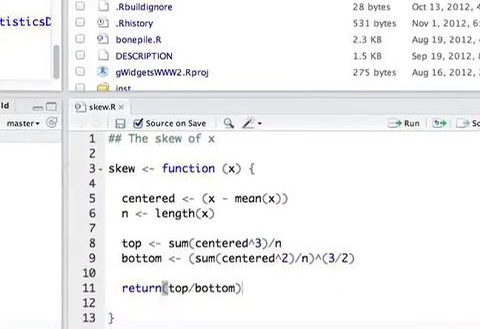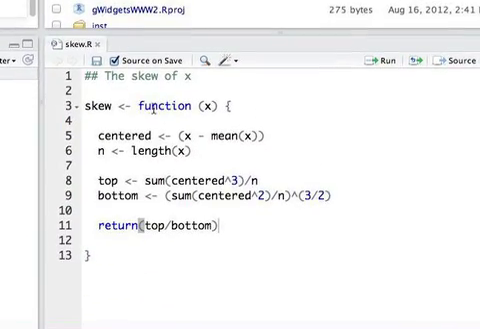And the key parts are, again, the function keyword, the input values, in this case there's just one, the function body, the return value, which is typically the last expression evaluated, but in this case we explicitly return it, and then an optional